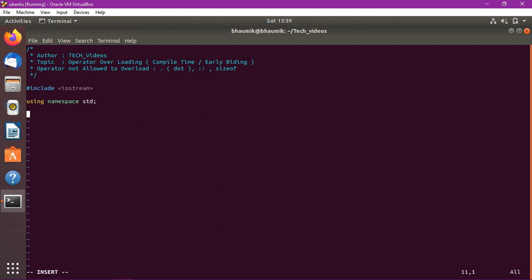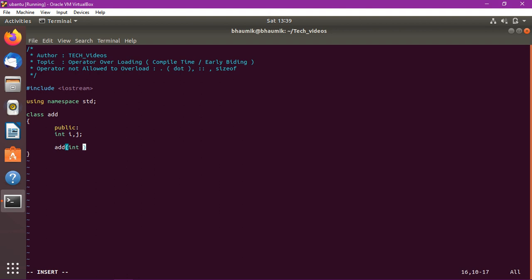Now let's see why we require operator overloading. Let's make a class like Add. In the class we will have two integer variables, int i, int j. Let's make it public, like an Add constructor.